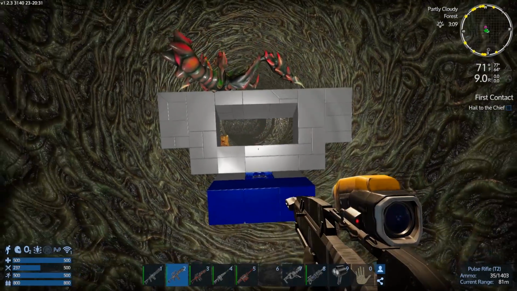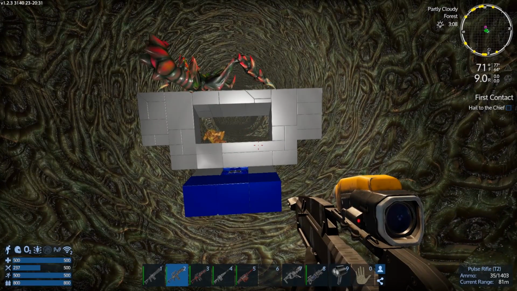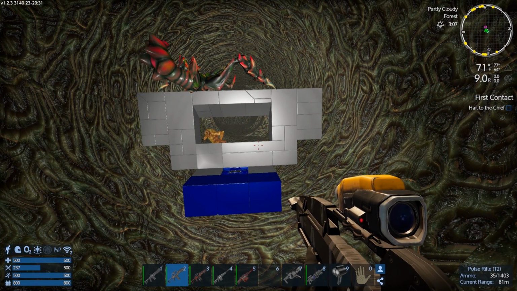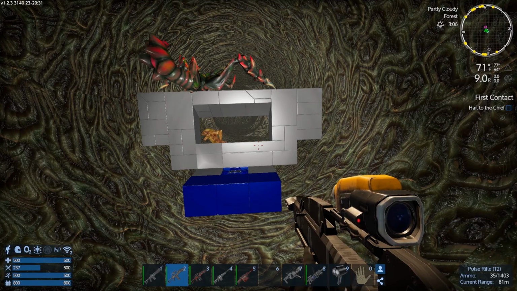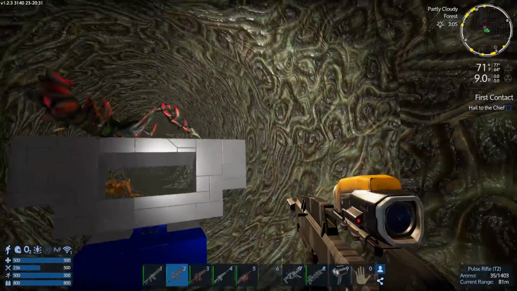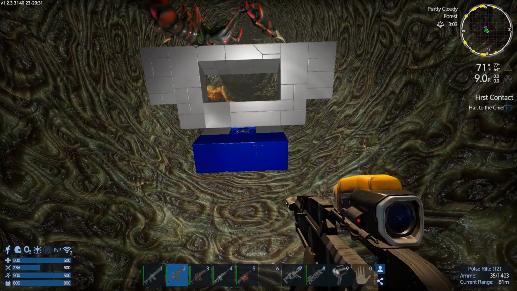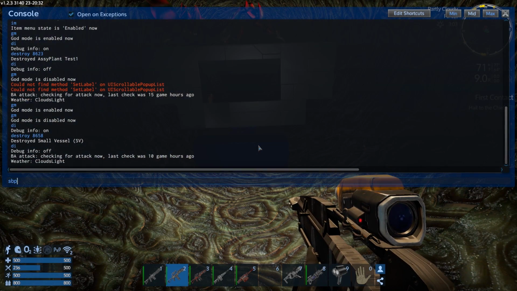Oh, by the way, you're probably saying, hey Salty, why don't you give us a blueprint for this thing? I'll tell you why. It wouldn't do you any good. The bounding box around this thing is actually too big to fit in this tunnel. So if you try and spawn a blueprint,